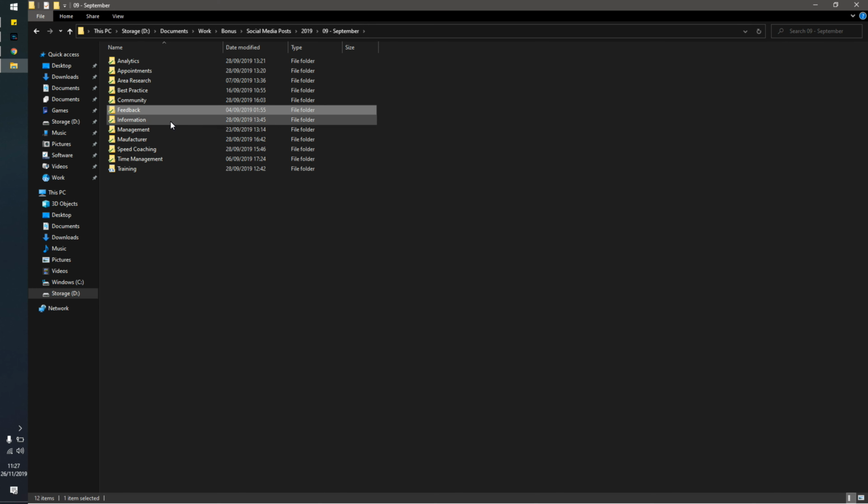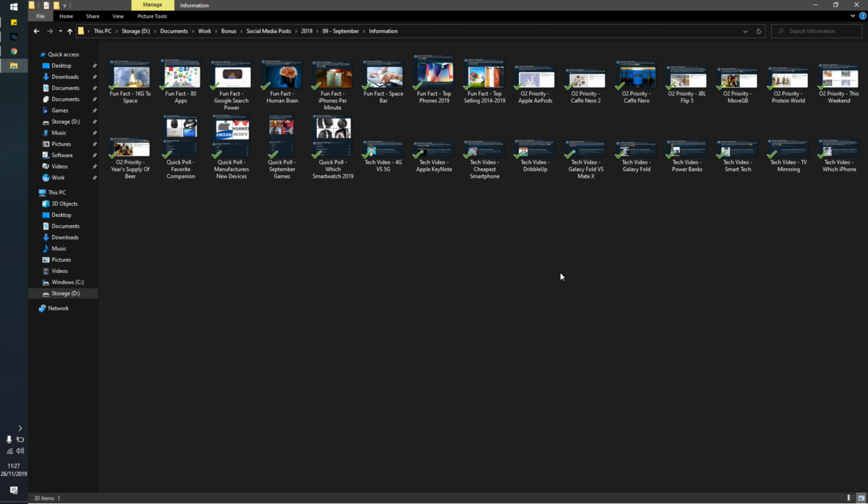Coming out of that, I've got my information folder. Now this folder is a collection of different things that I put on my social media. So the first lot of stuff is like fun facts. So it might just be random facts about something tech, and I'll try and relate it to O2 in some way and make it into sort of like draw people into the store. I then do any priority moments post. So in this instance you could get a JBL Flip,